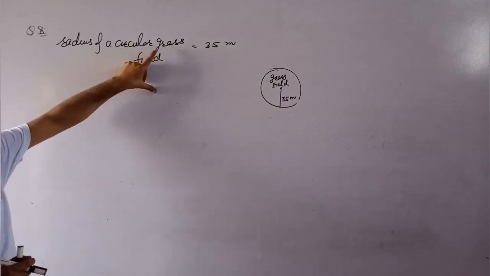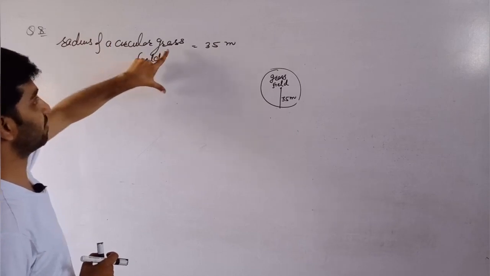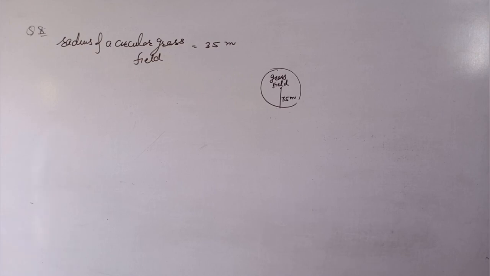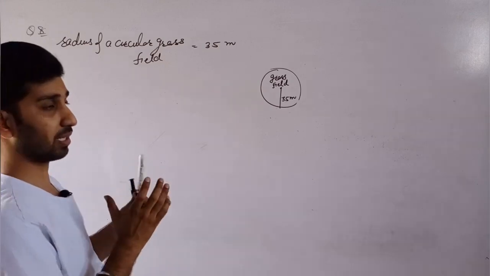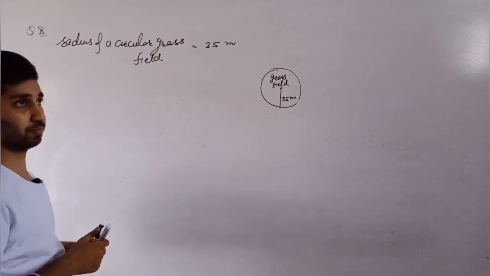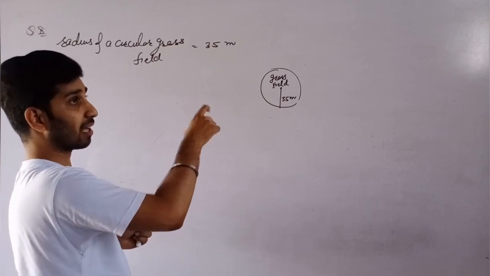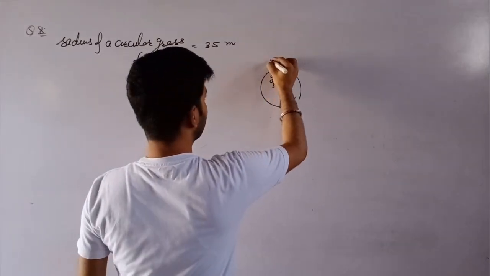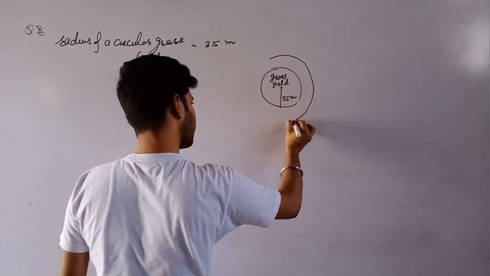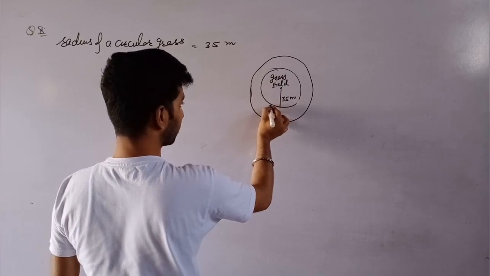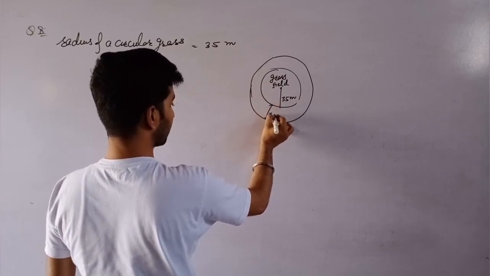circular ग्लास फील्ड, मीन सर्कल शेप का एक फील्ड है जिसमें ग्लास उगी हुई है और रेडियस लिखी है 35 मीटर। देयर इज ए पाथ अराउंड 7 मीटर विड्थ। यहाँ पर एक पाथ है अराउंड इट। अराउंड इट मतलब होता है बाहर की ओर, अराउंड इन इट, इन लगा हो तो अंदर होता है। डायरेक्ट अराउंड इट है तो मीन बाहर है। ये इसकी विड्थ है 7 मीटर।